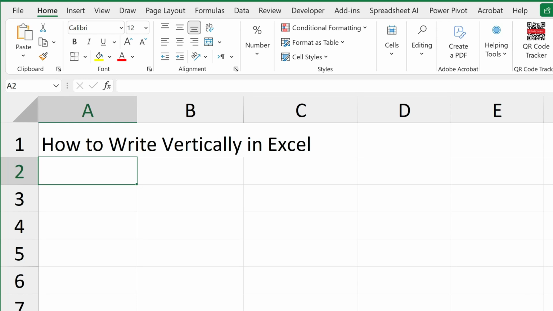In this video, I will guide you how to write vertically in Excel. First, you need to select the cells containing the text you want to make vertical. For example, I'll select the A3 cell and then write the desired text